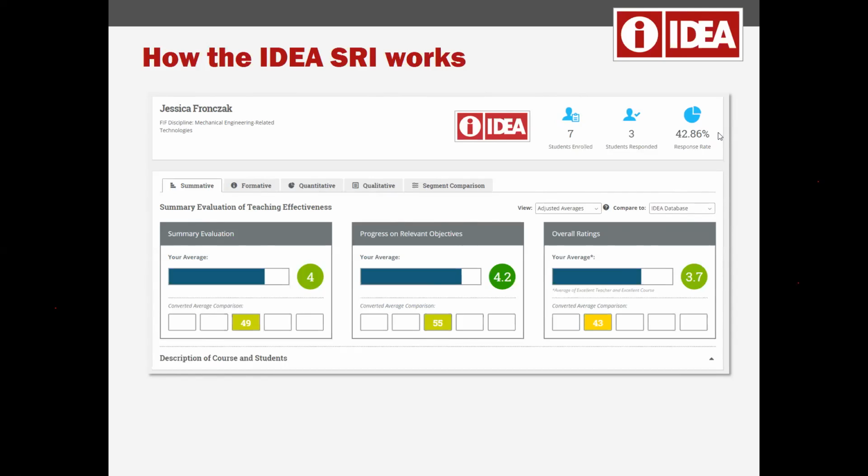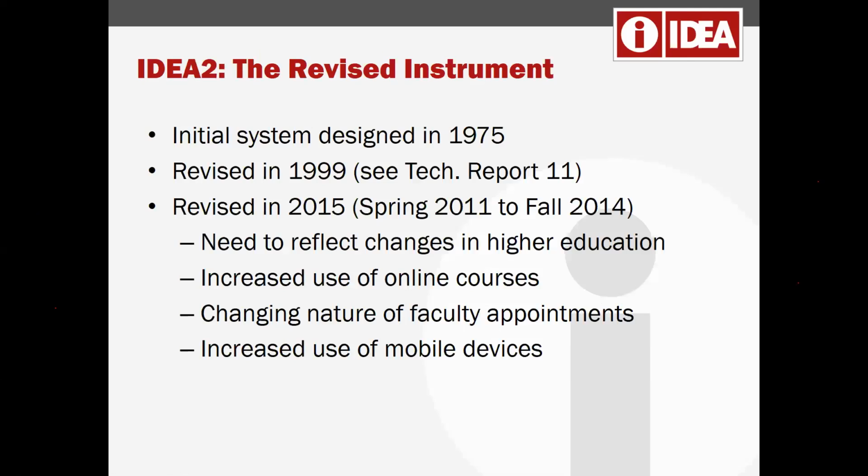So that's kind of the basic concept of how the system works. It's also important to note that there have been some changes to the instrument itself. So you all right now just went through or are going through this transition to an online system, but you'll notice some differences in the instrument itself. So just a real quick history lesson on the IDEA instrument itself. It was initially designed back in the mid-70s. The version of the instrument that you all have been using up until this semester was last revised in 1999,